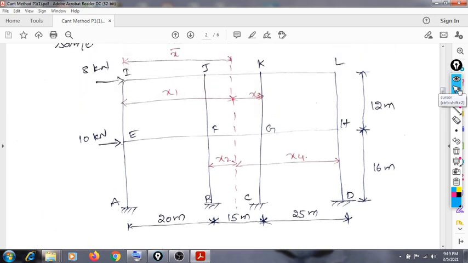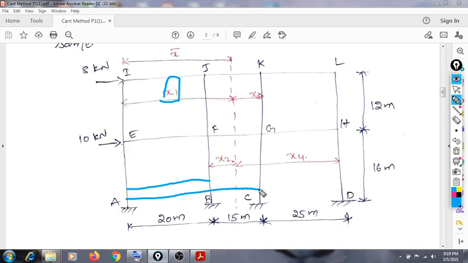These x1, x2, x3, x4 come from the second assumption. While finding the centroidal axis, x1 is this, x2 is the distance from here to this column, this is x3, and this is x4 until here. What we see here, x1, x2 in pink color, are the distances used to locate the centroidal axis. Please don't get confused between that and this.